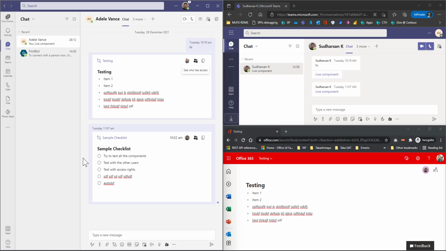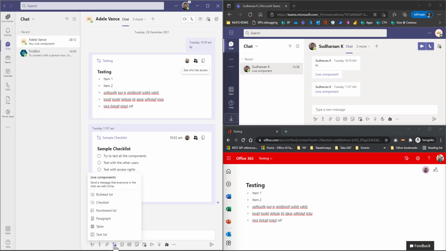In order to use the Loop components, you can go to the chat, and when you click on the message box, you can see different icons for different services, and here you can see a new icon, which is Microsoft Loop, the live component.